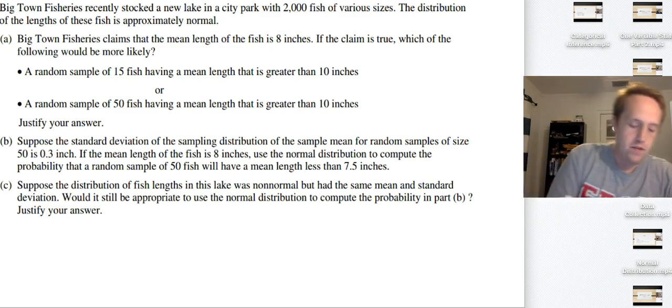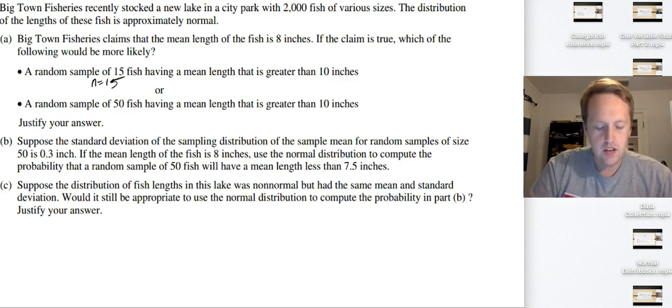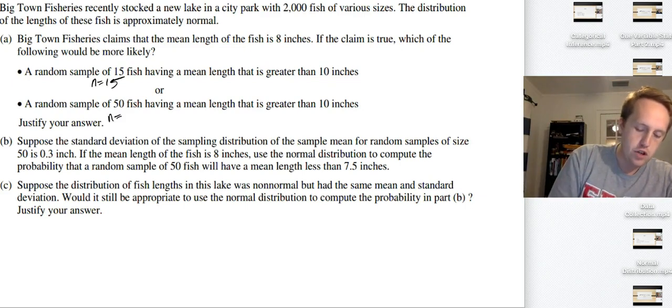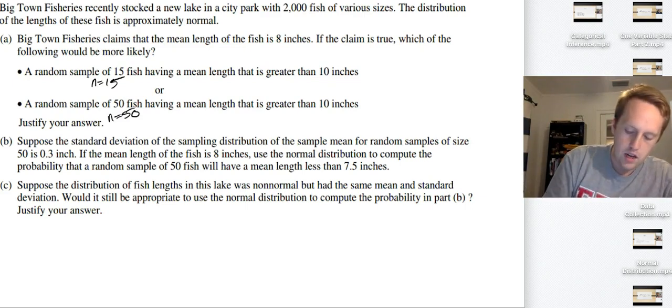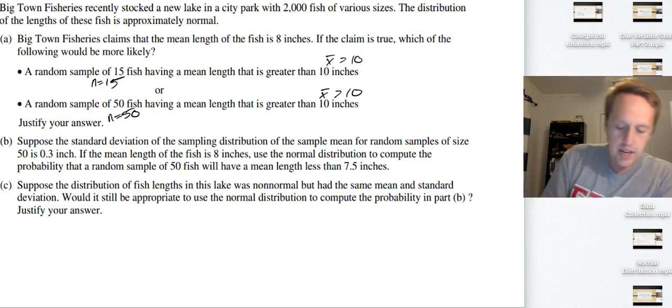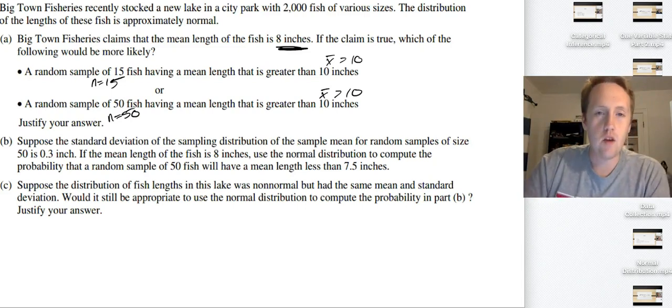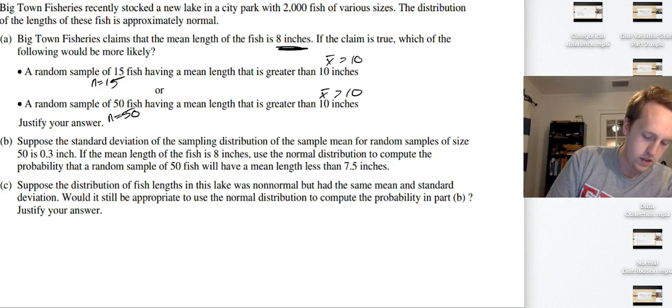A random sample of 15 fish having a mean length that is greater than 10 inches, or a random sample of 50 fish having a mean greater than 10. Well, the real mean is 8. So as my sample size gets bigger, remember, my variability should be decreasing. So it should be less likely that I'd get a sample that far away, right? So here's what we're going to say. We are going to say it would be more likely